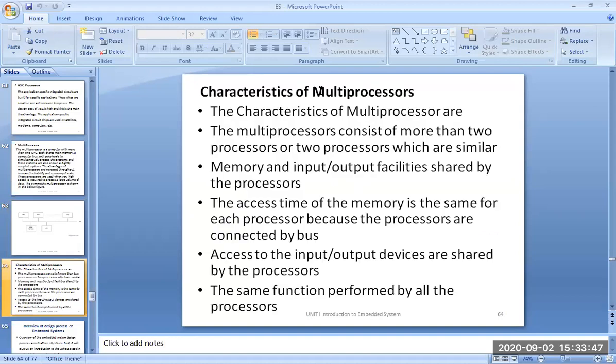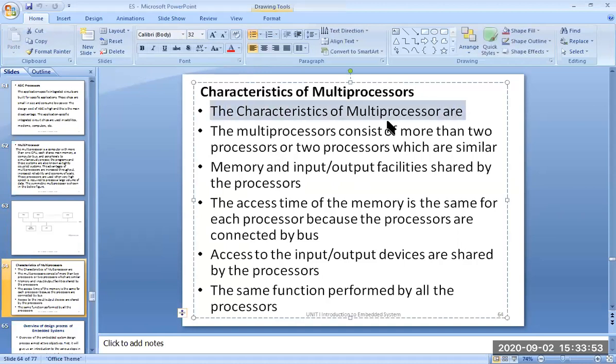Next one is characteristics of multiprocessors. These are the characteristics, meaning in what way they are good. The multiprocessor consists of two or more processors which are similar. Okay, that's what a multiprocessor is all about. Next, memory and input output facilities are shared by the processors. So for each processor, we don't have a separate memory. The same memory is shared among